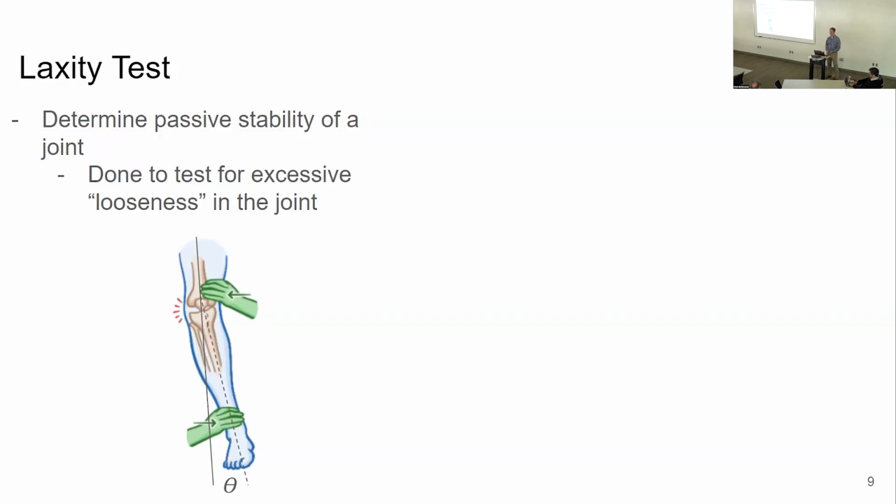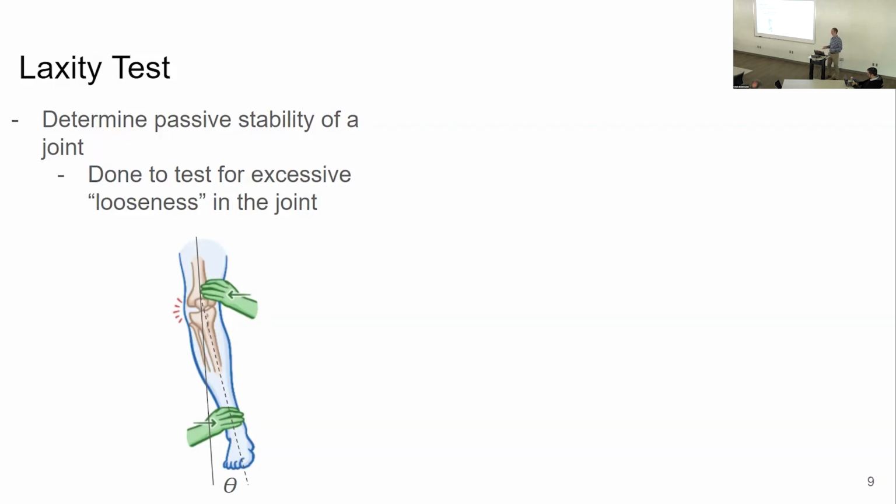If you look at this image, the solid black line right down the middle might be the neutral position. And then if a clinician or a doctor, someone applies a load to the joint, they keep the femur or your thigh steady and they move your shank or your foot or your tibia. If there's a rotation there, that's what the laxity is. It's a difference in the angle or translation or whatever it may be of a joint.